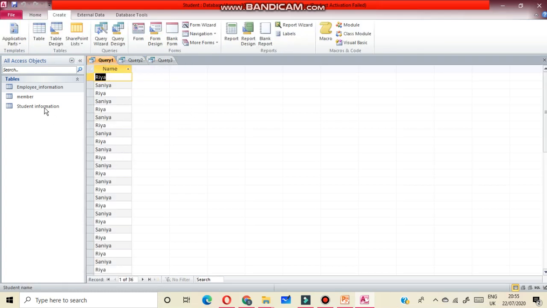In the student information table, you can see there is a huge amount of data, so many names you can see here. Now next we will learn how to use wildcards in a query.